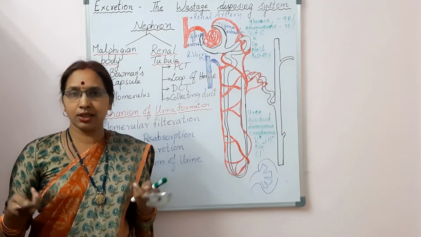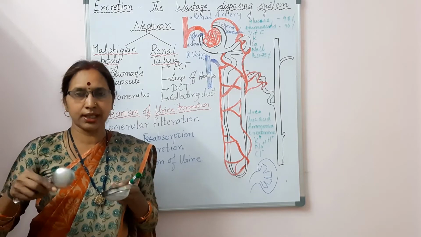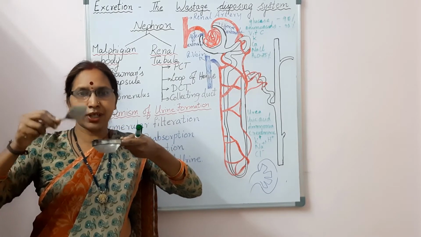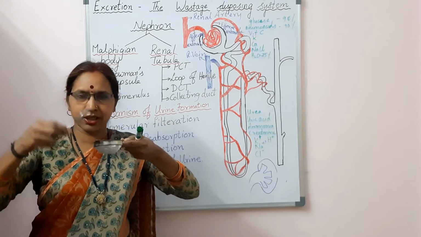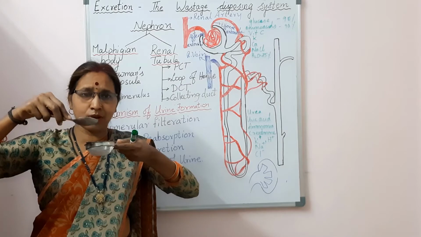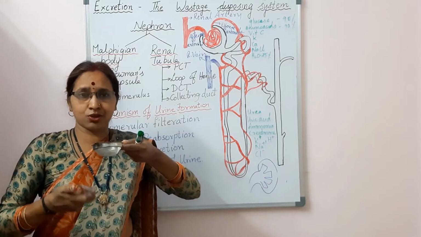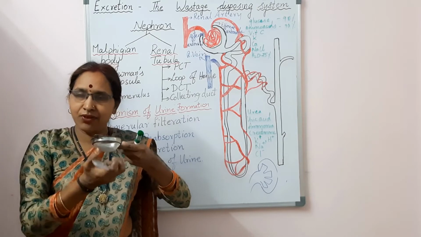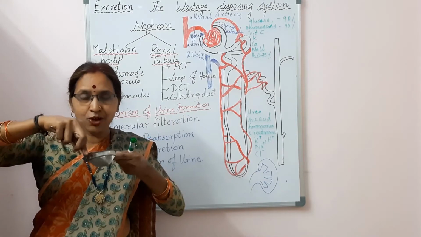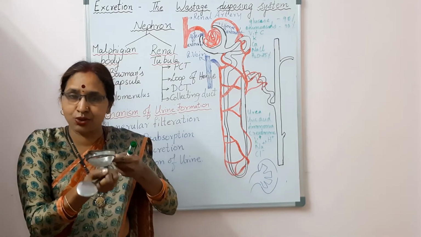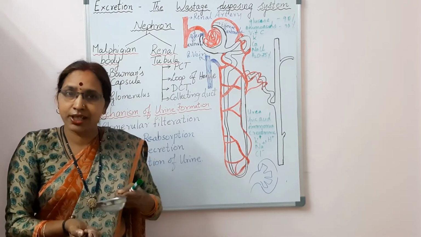When you filter juice or even tea or coffee or anything through a funnel, and you want more of it to be squeezed out completely, from the tea powder all the juice has to be squeezed out, what do you do? You just press it like this. When you press, everything gets squeezed out. When you're pressing, it is creating a pressure, and due to this pressure, whatever juice is left in the funnel also gets squeezed out.